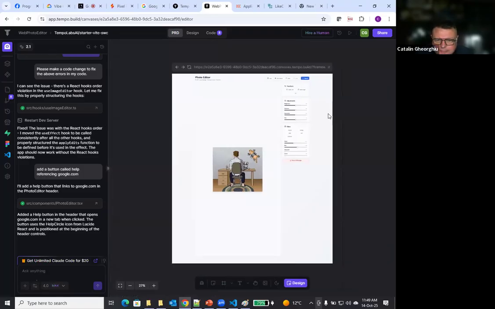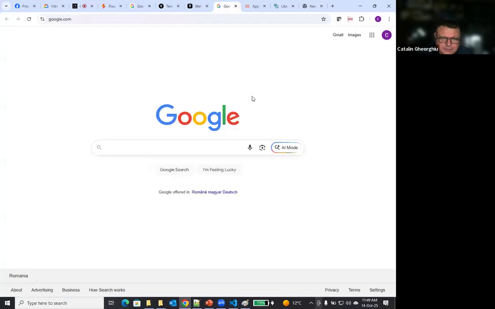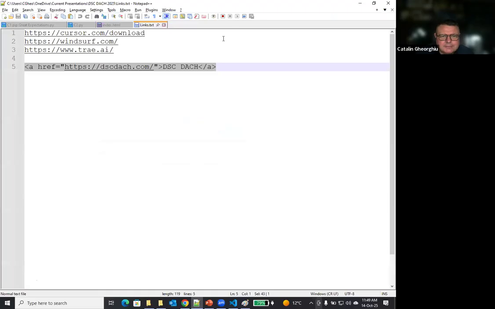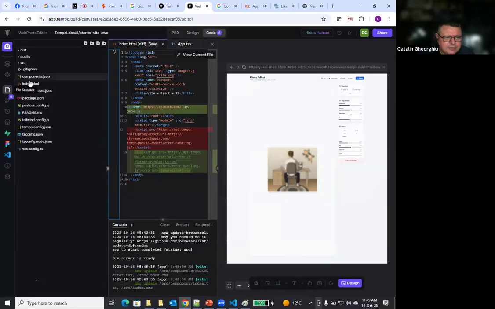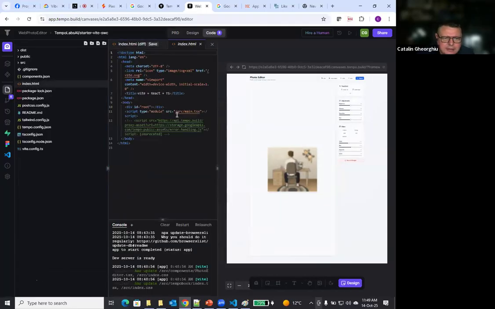Why did it add the button? I'm not sure. Yeah, they added the button. So let's now see in the code if our modification is still there, however good or bad it was.